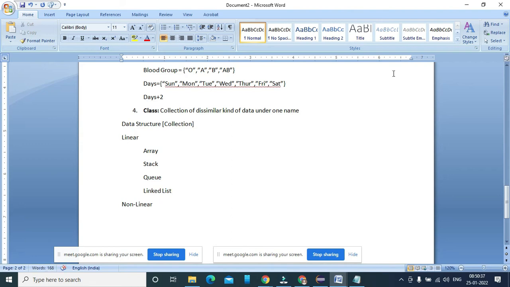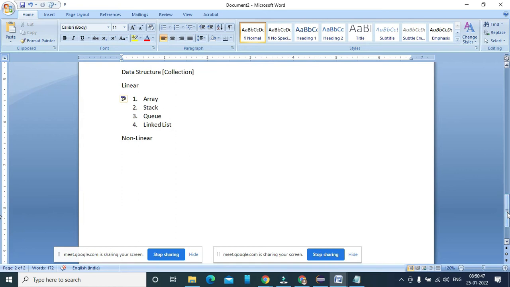So all are linear data structures, and you have learned all these linear data structures in applications. And this is a non-linear structure: when you are talking about tree and binary tree, you will get the examples of those non-linear structures.